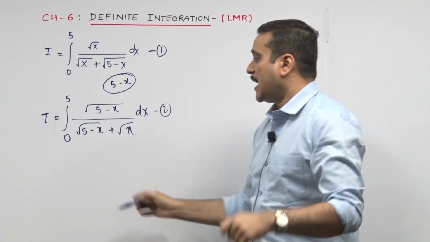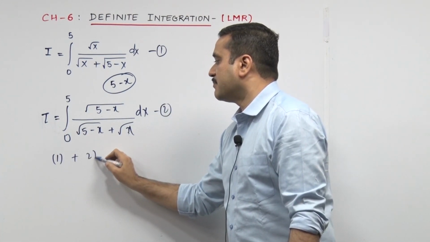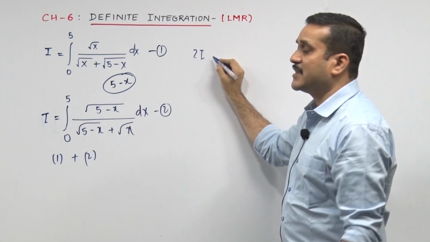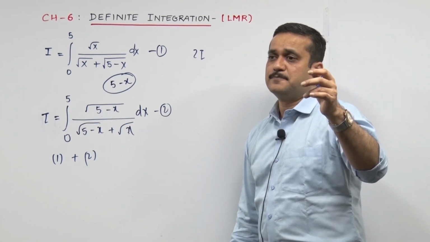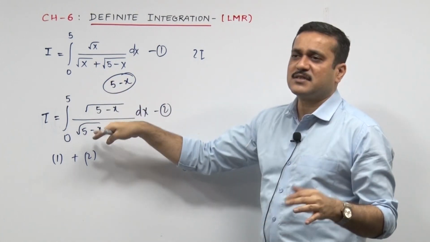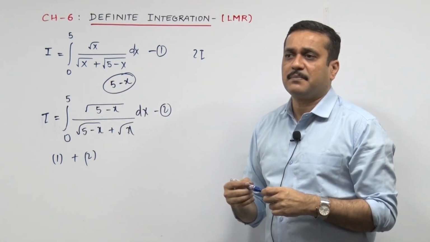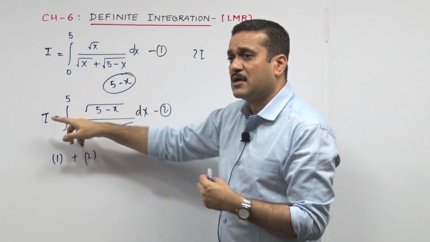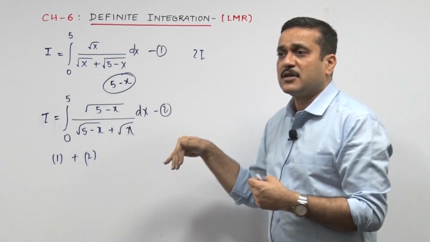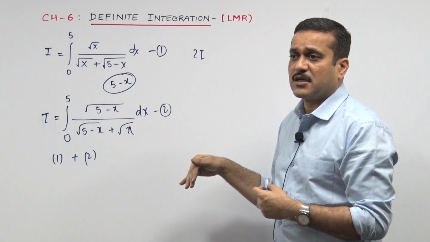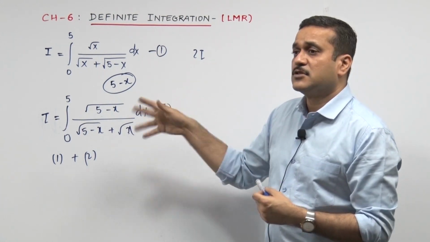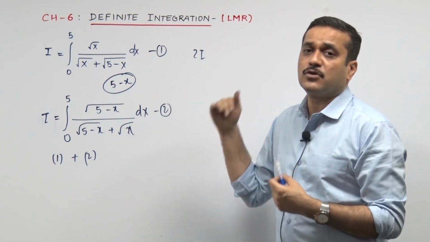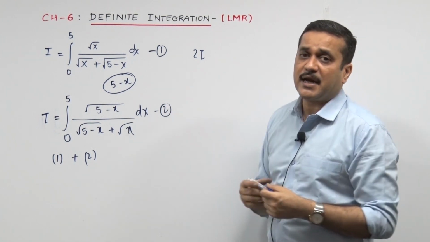Now check the magic. I go for 1 plus 2. So I and I on addition is going to become 2I, check. And that's why I need to write I over there. See, property application, I can always write equal to. When I write equal to, that means the property is applied. It means in my solution that this answer is equal to this answer when I write equal to. I am writing I for what reason? When I add the two equations over here, the left hand side becomes 2I, the answer becomes double. So if I don't write I, and if I add it, how will I express it on the left hand side? The answer is going to go double. It's only by 2I. That's the reason I am writing I over here.